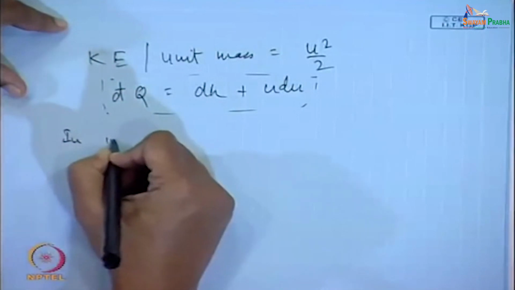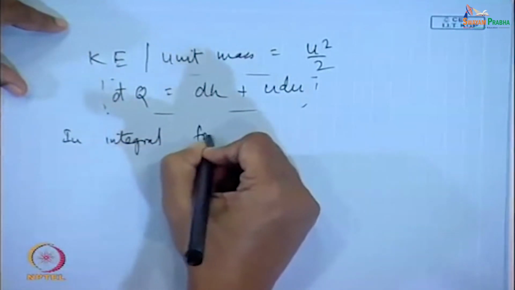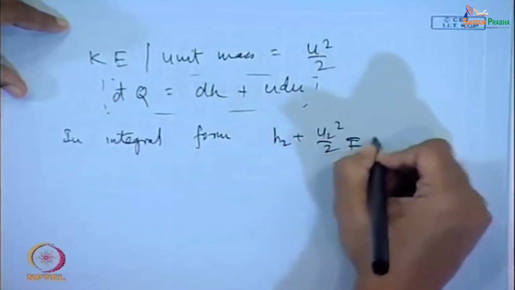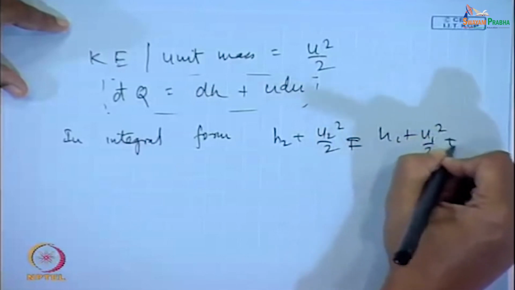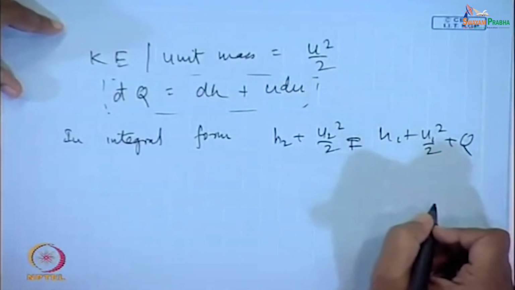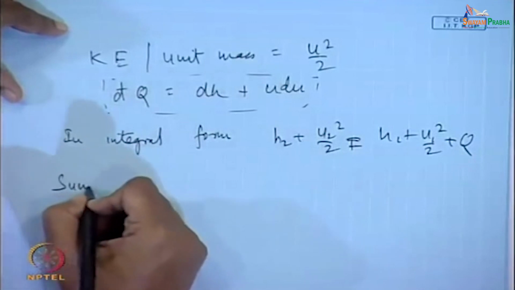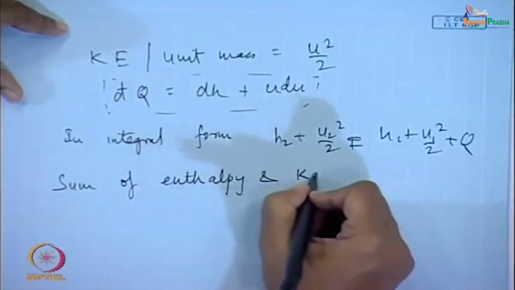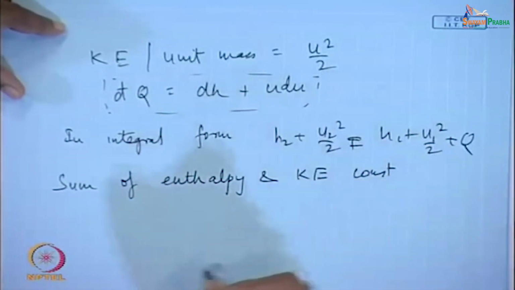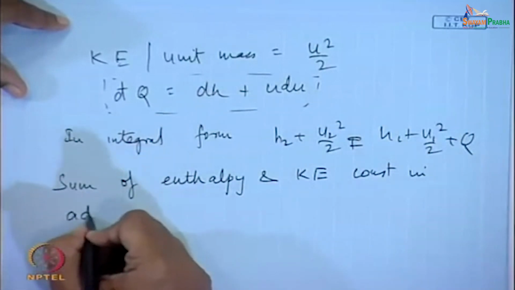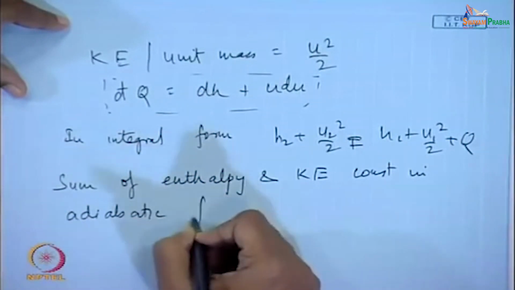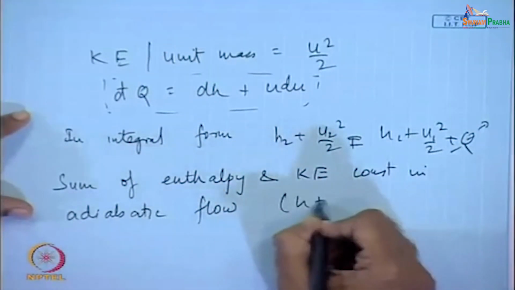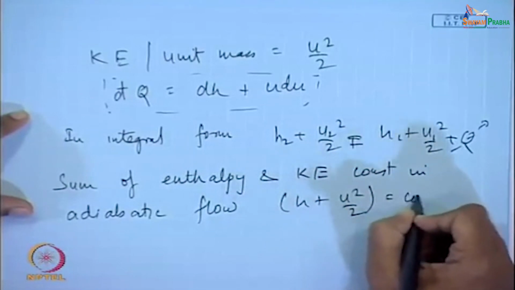In integral form, we can write it down as h2 plus u2 square by 2 equal to h1 plus u1 square by 2 plus q. This tells us that the sum of enthalpy and kinetic energy is constant in adiabatic flow, is not it? This term becomes equal to 0. So, therefore, we find h plus u square by 2 is constant